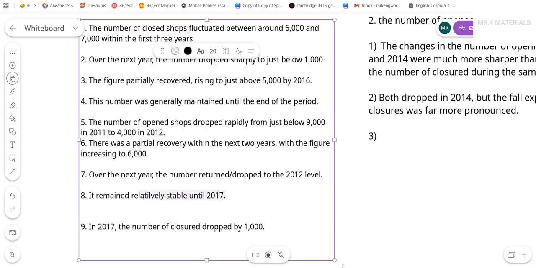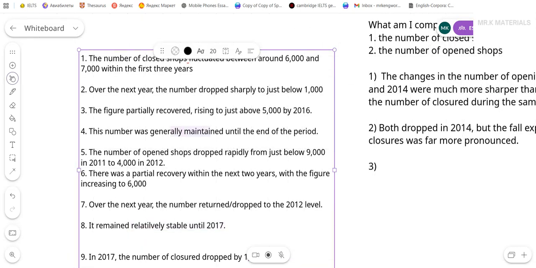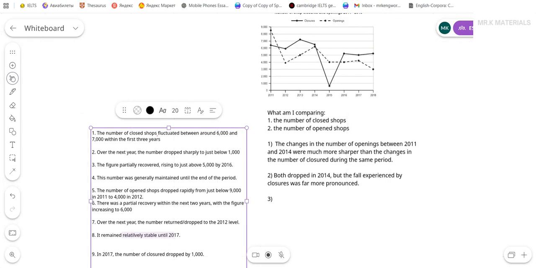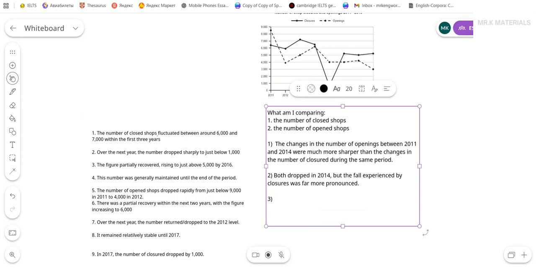Here, it remained relatively stable. So I have stability here, and I also have stability here. Maintained, relatively stable. So this is my third comparison, that both of them were stable towards the end of the period. So I say toward. Toward means